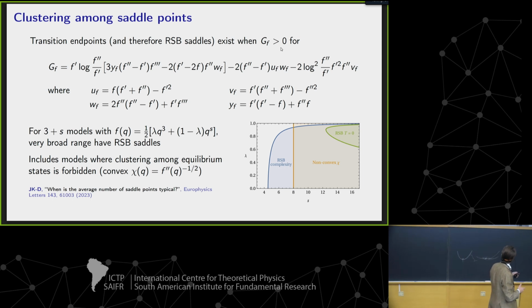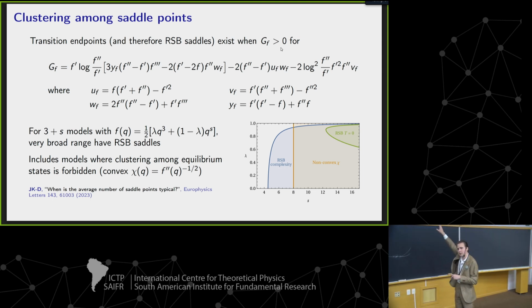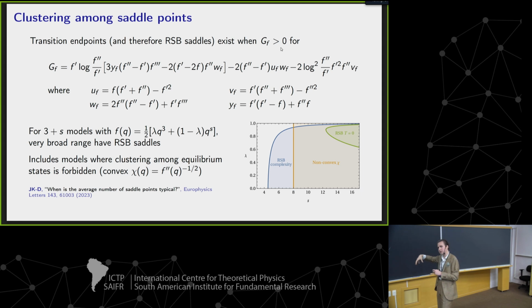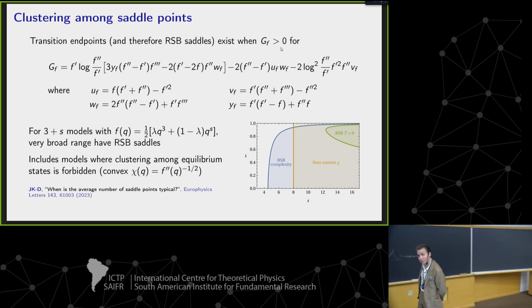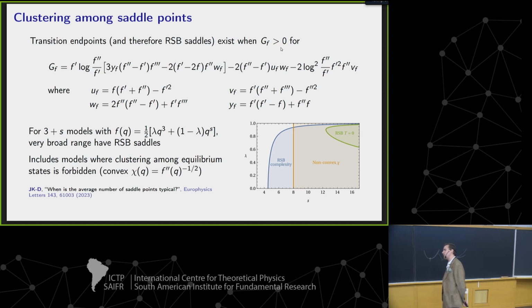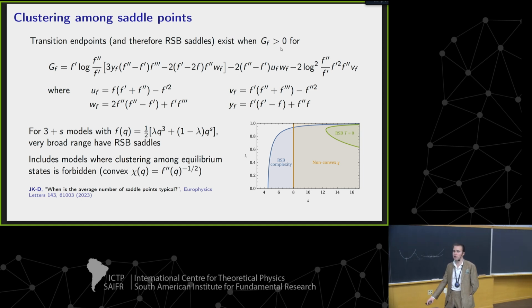The easiest one would be the green region. That's saying that the ground state of the model in equilibrium and also the ground state. Sorry, I am colorblind. Tell me which one is the green region, please. The one that is labeled RSB T equals 0. Okay. The RSB T equals 0 region is the one which corresponds to a ground state that is non-trivial in the replica symmetry breaking sense. It's 1RSB, basically.